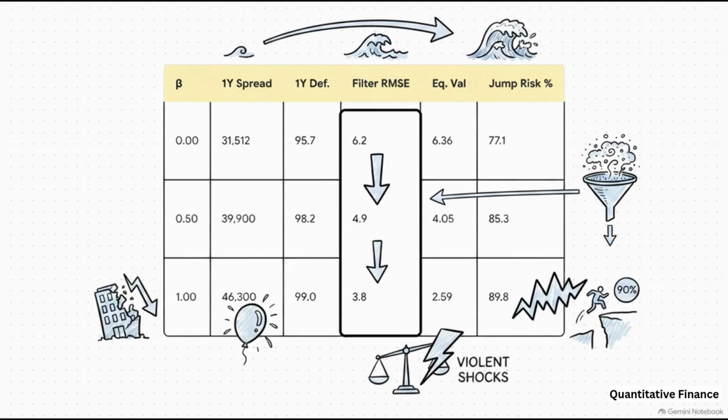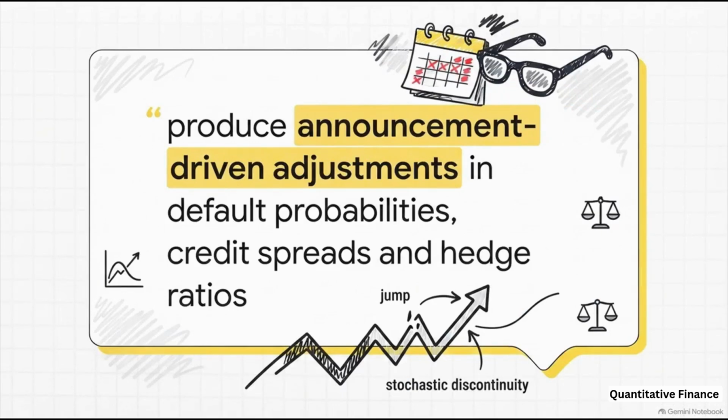Well, it improves because these violent shocks are highly informative. A massive drop forces the Bayesian filter to instantly snap back to reality, clearing out all the accumulated noise from the continuous diffusion. The worse the shock, the more accurate the market's read actually becomes. Which brings us to the core takeaway of this incredible paper. Sticking to legacy models means you are literally flying blind into days you already have marked in red ink on your calendar. You just can't pretend anymore that scheduled corporate events are either continuous strips of data or totally random acts of God. They are scheduled stochastic discontinuities, and they absolutely dictate the survival of highly leveraged firms.